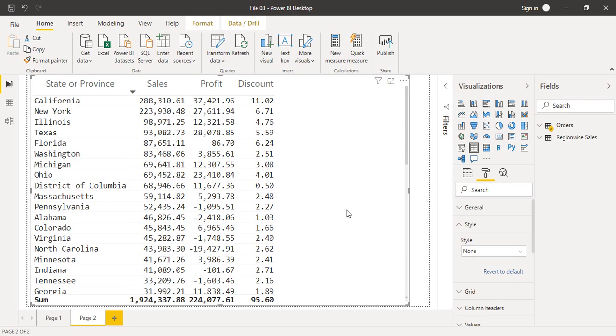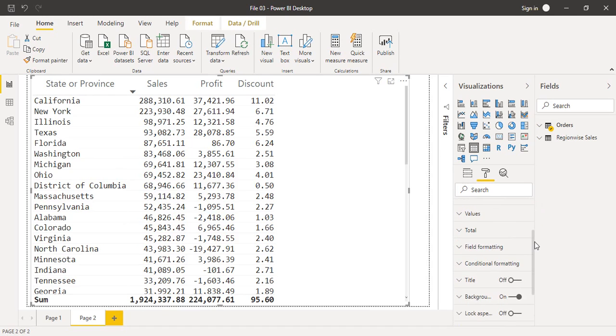To apply conditional formatting, first make sure you have a table, and then in the format tab, just scroll down. Here it says conditional formatting, and this is exactly where we wanted to end up. When you expand it, you get a bunch of options.